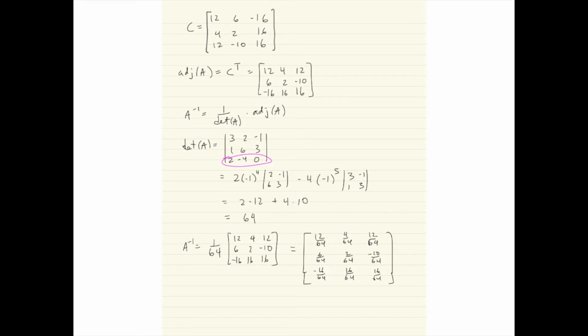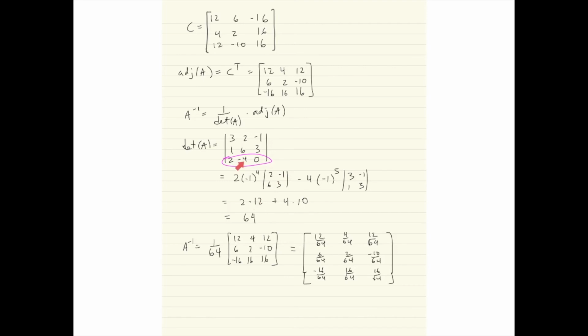Okay, so 2 times -1 to the 4, because this 2 is in the row 3, column 1 position. So 3 plus 1 is a 4. That's how I got that 4 there. Or you could just remember the signs go plus, minus, plus. Anyway, so then I delete row 3, column 1, and what I'm left with is this 2 by 2 matrix, and I take its determinant,